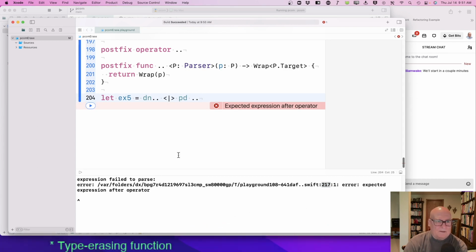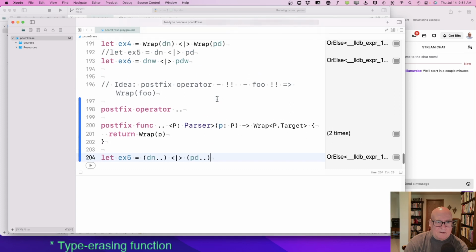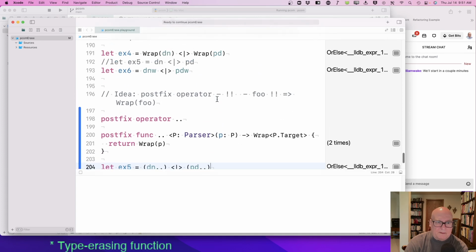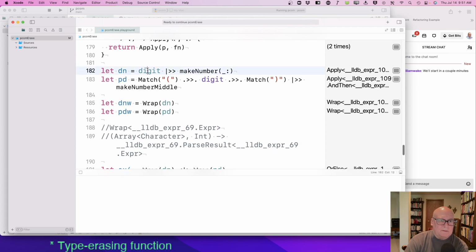After operator. Okay. And we want to do this kind of in one statement.